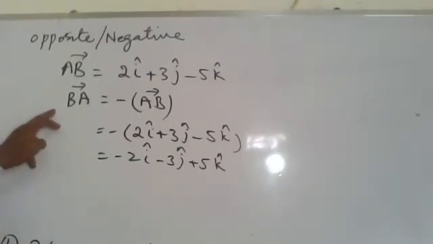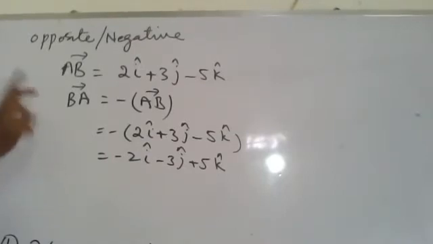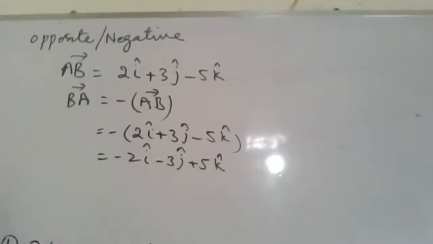So the negative vector is a vector which is equal in magnitude to the given vector and opposite in sign. They are called negative vectors. How to find the negative vector, or opposite vector, of a given vector? We will simply multiply by -1, and we will get the opposite vector or the negative of the vector. Now, one term we are using here is the magnitude. How to find the magnitude of a given vector?